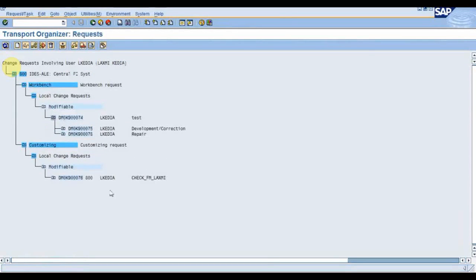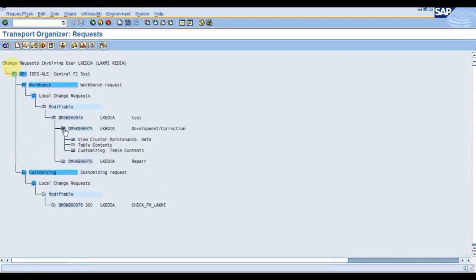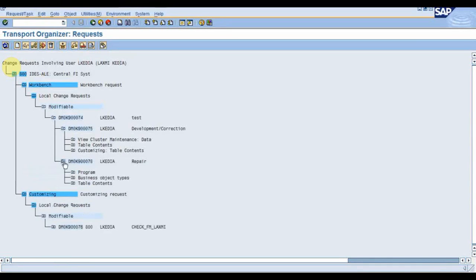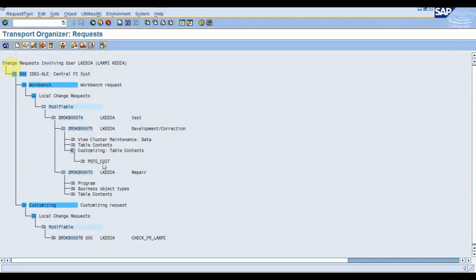Since I'm saving in local objects you won't see it here, but you will be saving it in some package, so it will be captured in the workbench. Whatever workflow you build will be captured as a workflow template. One workflow template entry will be coming over here, and below that you will have the workflow number. So you can just transport this particular transport number, and it will get transported to the other system. Transport is no problem with this workflow, because it is similar to how we transport ABAP objects.